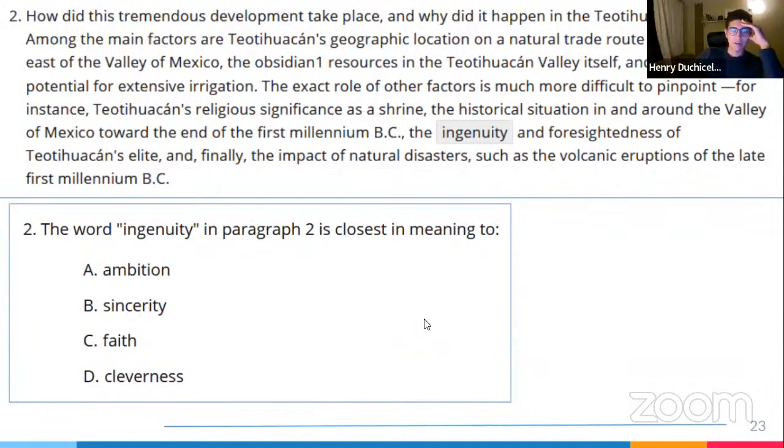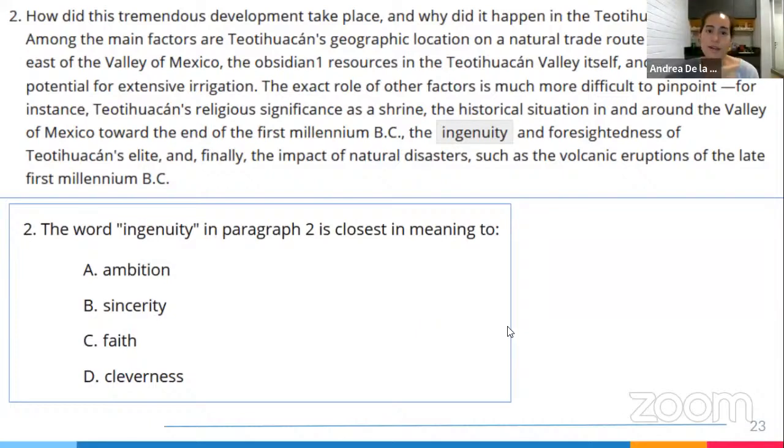We can know the meaning because of the context. Exactly. And basically, remember when I told you to study vocabulary with context? That's what you have to do when you're studying vocabulary. You need to practice this skill. So you're going to read something of some complexity, an academic article. When you're practicing, you're going to identify the words that you don't know. And before you check the dictionary, before you look them up,